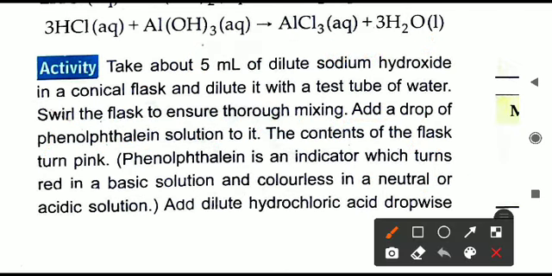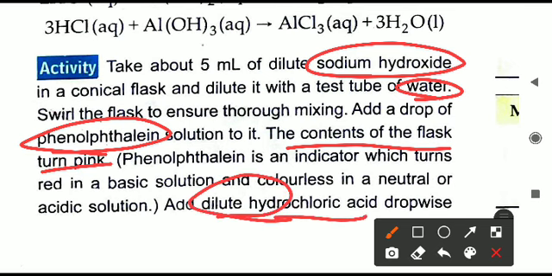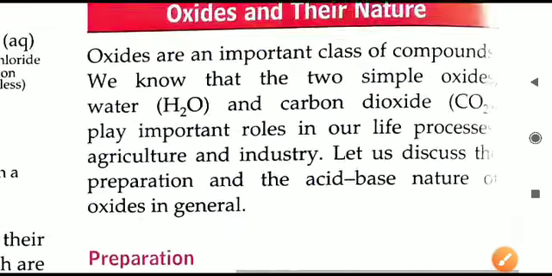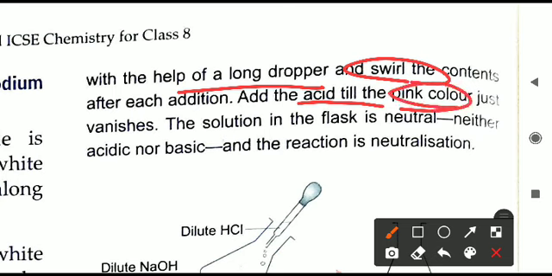So what we have taken earlier, sodium hydroxide, and we have added some water. Sodium hydroxide and water are there, and phenolphthalein is there. What will happen? The content of the flask will turn into pink color. Next, add dilute hydrochloric acid also. When we add dilute hydrochloric acid with the help of a dropper, we have to keep swirling and keep on adding the acid till this pink color vanishes. When this pink color has totally vanished, we will identify that the full solution has converted into a neutral solution.